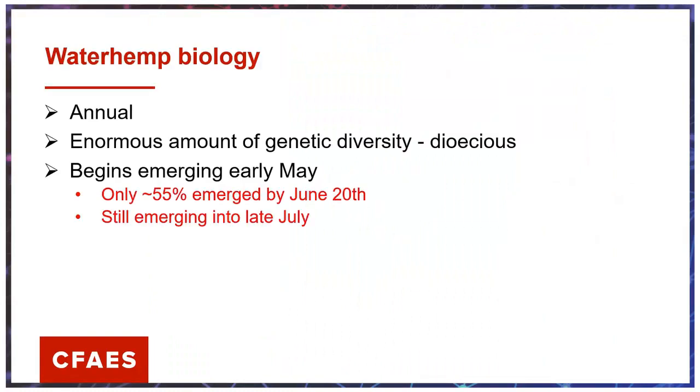So waterhemp biology, why do we need to be concerned about it? It's an annual weed, with an enormous amount of genetic diversity because of being dioecious, having those male and female plants. Theoretically, every seed on a female plant could have a different male that pollinated it, right? If it's wind pollinated. Now, that's not what happens overall because the nearest male plant is going to swamp that female. But for the most part, we have a lot of mixing of genetics, and that leads to problems for